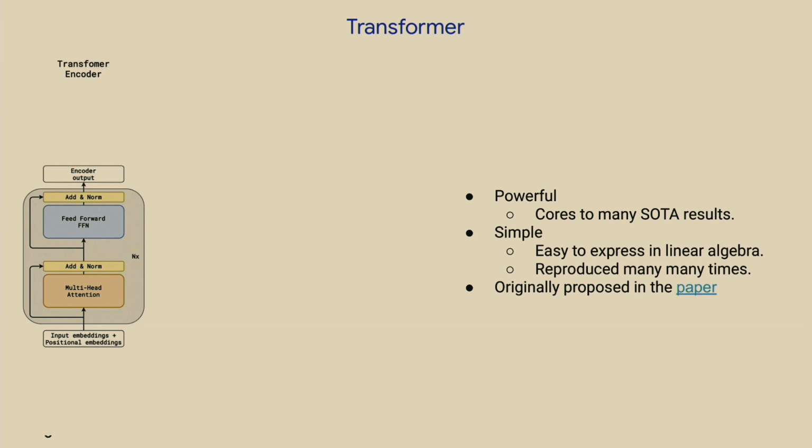GShard models are transformer-based models. The Transformer was proposed in the 2017 Attention Is All You Need paper. It is very powerful in modeling sequence problems. It is now an indispensable tool in the deep learning toolbox. Right now, many SOTA results in NLP domains, for example in machine translation or in speech recognition, are based